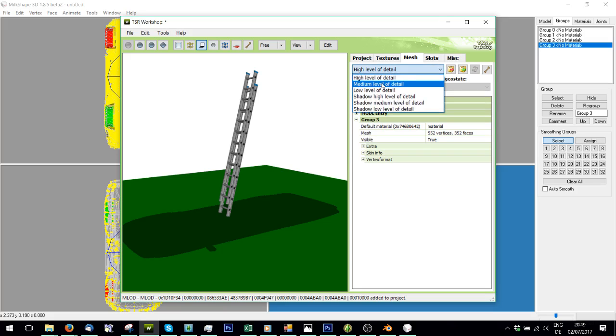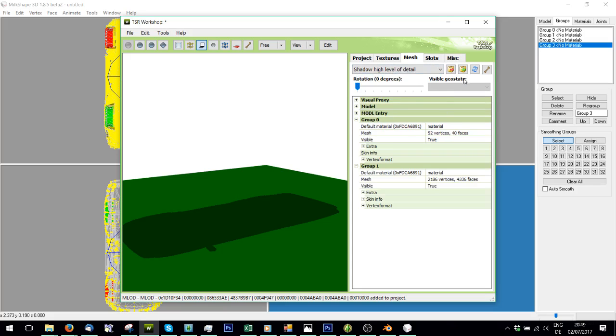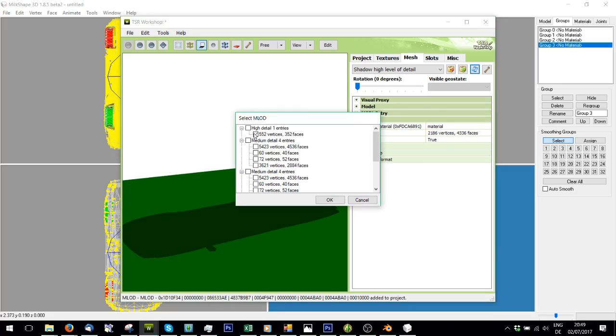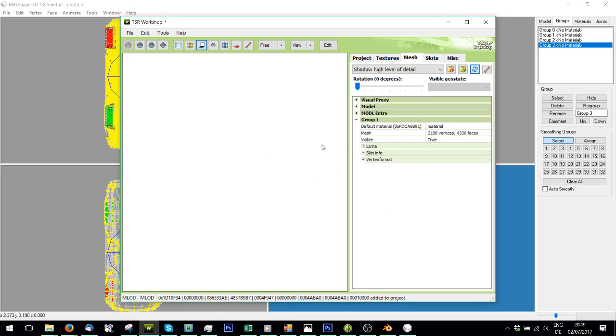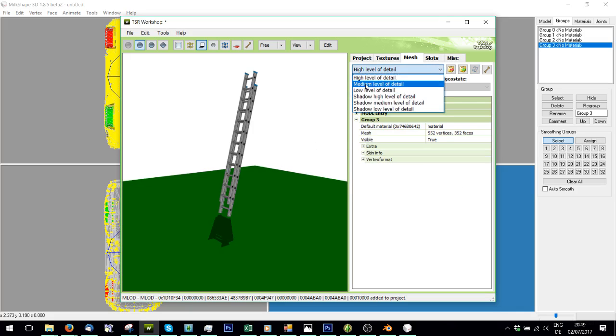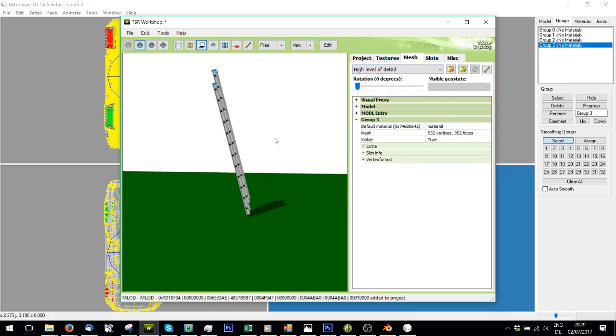Right, you're going to have to do this for medium and low level, and then you're going to have to go to shadows, also remove a group, and you're going to have to remake a shadow from your groups. I'm not going to do this now because it's going to take too long, but yeah. So import into high, medium, low, make the high, medium, low shadows. Now the only problem with this is obviously